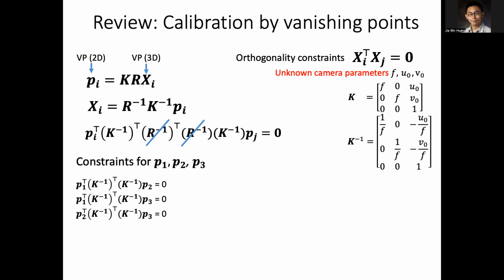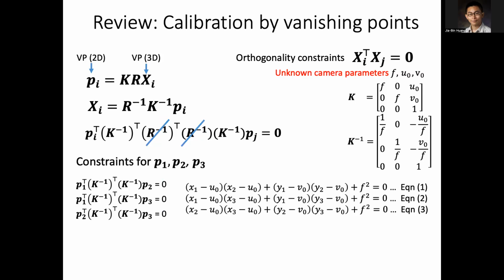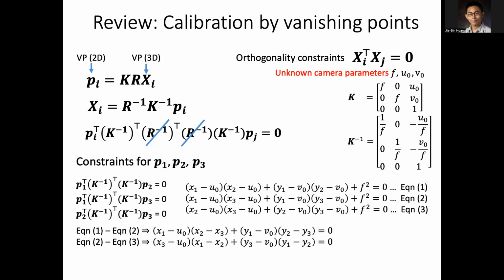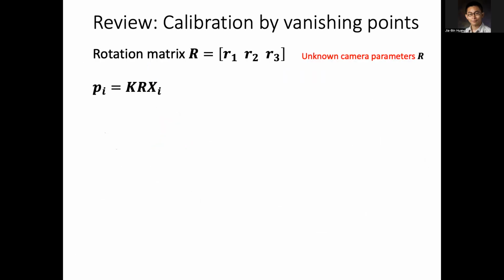After this, it's just a bunch of algebra. To show you the algebra operations, you can subtract these two equations and you get this, subtract that equation and you get this. If you do some high school math, you get something in the end like this. Based on just the vanishing points, you can estimate your focal length. And once you get the focal length and u naught, v naught, then you can come back and figure out the orientation of the camera with respect to the vanishing point coordinates. So you have this